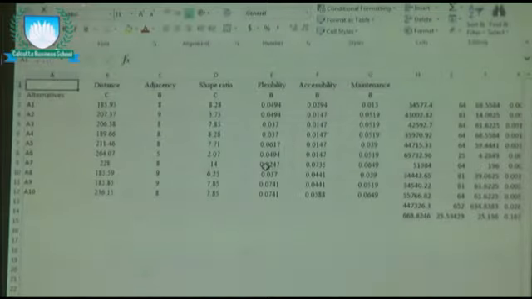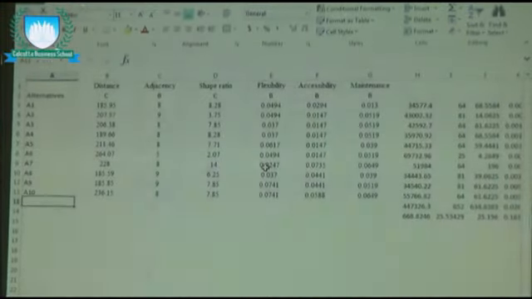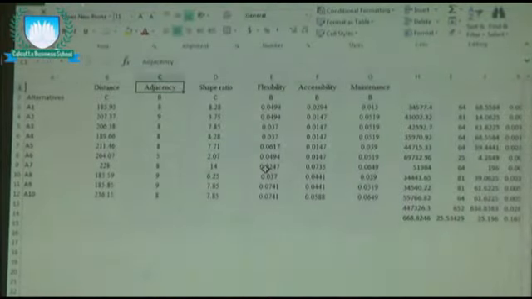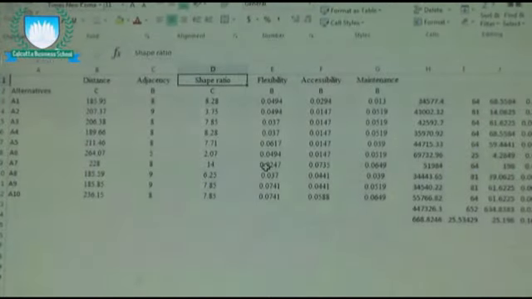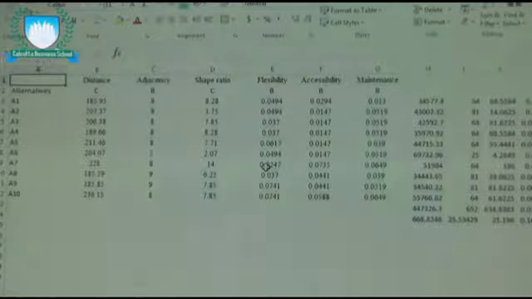So as I said, I'll demonstrate the algorithm. I have solved a particular MCDM problem. Now you can see there are 10 alternatives, A1 to A10, I'll tell what they are. And there are a few attributes like distance, adjacency, shape ratio, flexibility, accessibility and maintenance. Now this is a particular problem in the area of facility layout and design. Those who are familiar with this facility, or those who are from operations management,